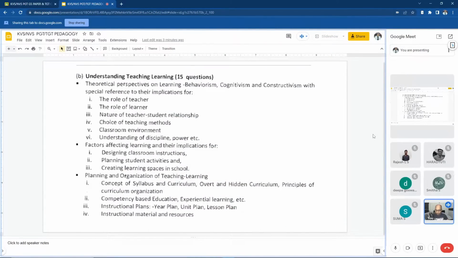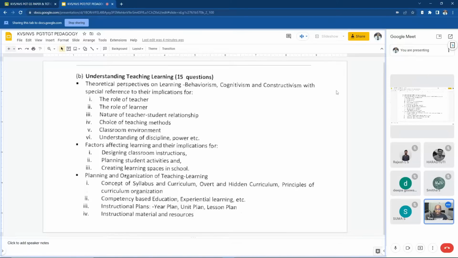Good evening, everybody. Welcome back to another class topic, pedagogy, but now it is called Perspectives on Education and Leadership. Under Perspectives on Education and Leadership, we already completed one unit, Understanding the Learner. Now the second unit is Understanding Teaching Learning, which consists of 15 questions. The weightage of Understanding Teaching Learning is more than 30% in this Perspectives on Education and Leadership, and under